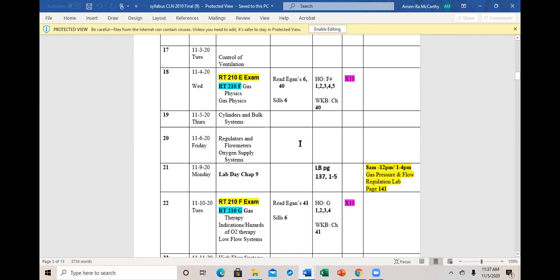All right, now feel free to go ahead, guys. I have the lab already recorded in the module. You can look at the lab, watch me put the stuff together, take it apart, put it together, take it apart, the duration of flow, all of those things you have at your fingertips.